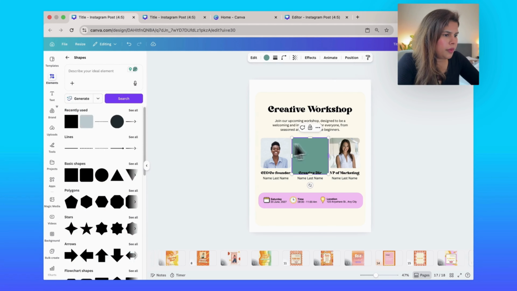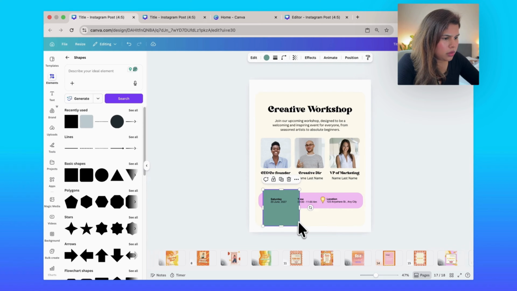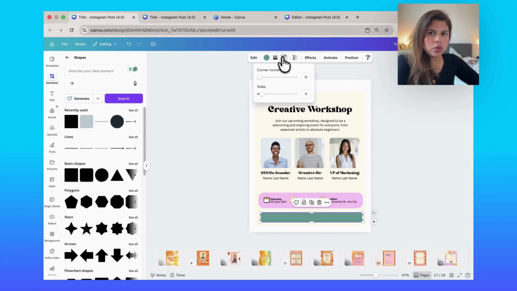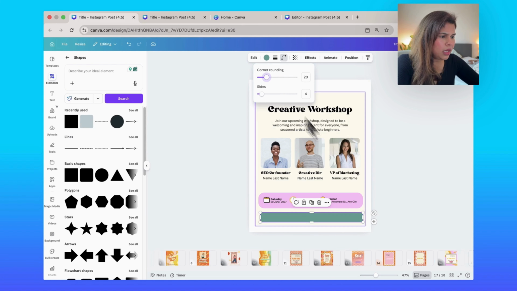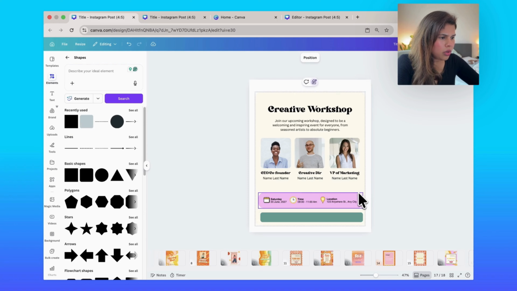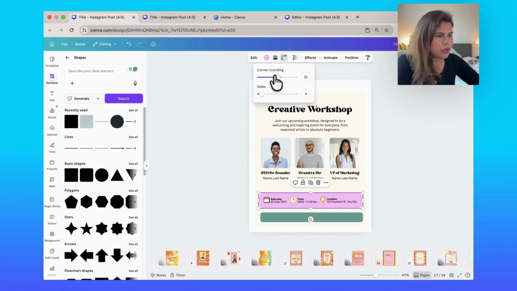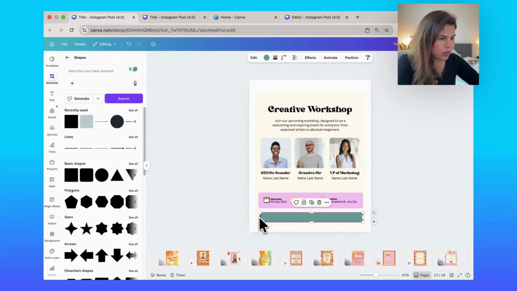I will add a shape. I will bring it down here. Change the size. So this time what I want to do is change the corners. Because I chose square, you can click on this icon here to change the corners. I want it to be slightly rounded, not a lot. Even for this shape, I want it to be slightly rounded, not too much. Now I will bring this exactly here, and I'm going to copy paste the same shape by clicking on Command C and V,